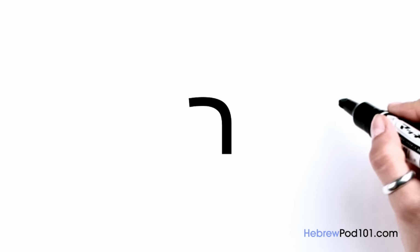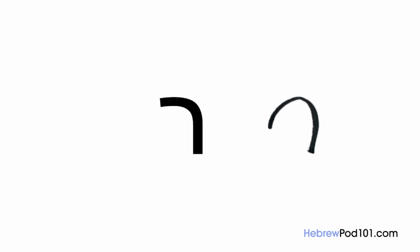It's Reish, with the sound of R. Reish looks like this. The pronunciation of the Hebrew Reish is similar to the French R sound. Try to make the sound from the throat, rolling the R as if you are gargling water. In print,